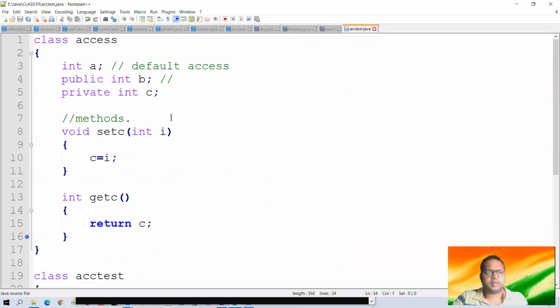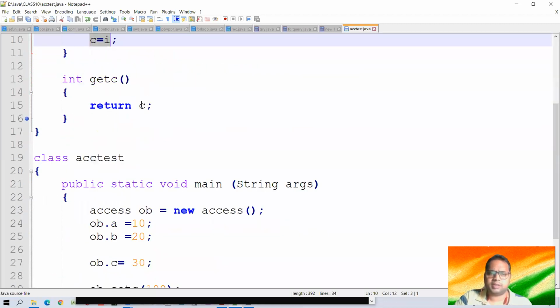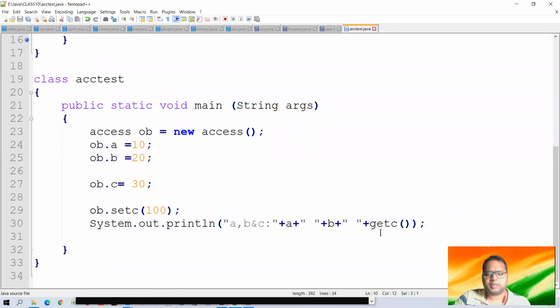So here we can see this complete program. Look at this, let us discuss it once again. Int A is default access because we are not specifying access, then B is public, then C is private, and we are making a method. Here we are also not defining the access specifier, so this method is also public for this package. In this function C is being used and C is getting returned. So a public method can use the private method and indirectly it can be used in another class. See that the value of C is getting returned here indirectly.